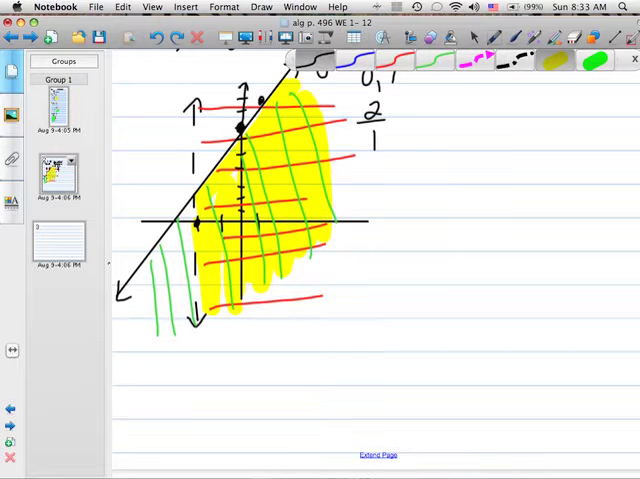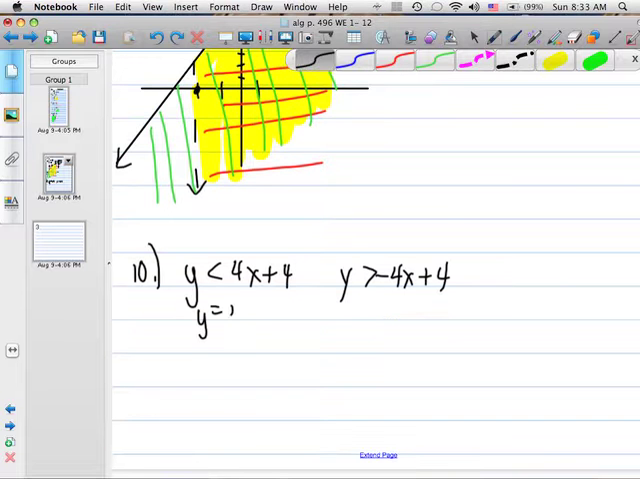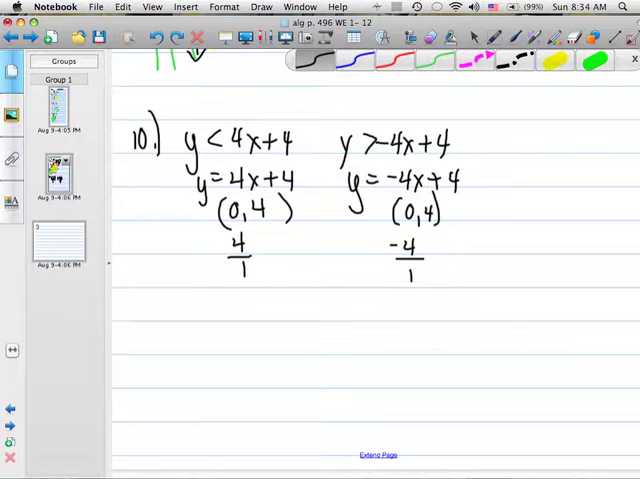Problem number 10. We have y is less than 4x plus 4, and y is greater than negative 4x plus 4. Boundary equation y equals 4x plus 4, so our intercept would be 0, 4, and our slope would be 4, or up 4, right 1. Boundary equation here is y equals negative 4x plus 4. Our intercept would be 0, 4, and our slope would be negative 4, down 4, right 1. So graphing that,